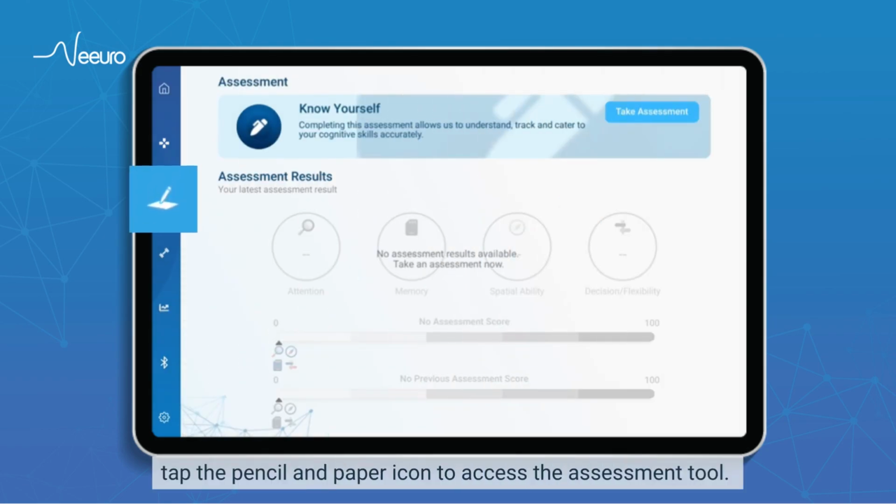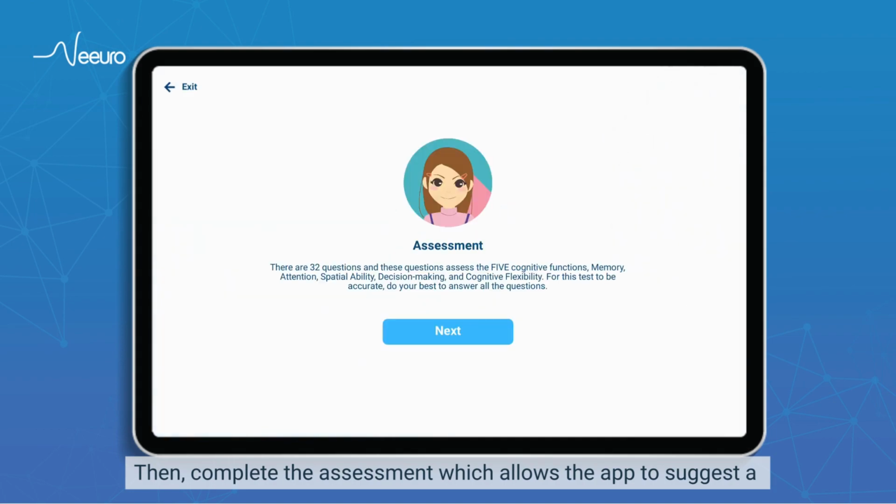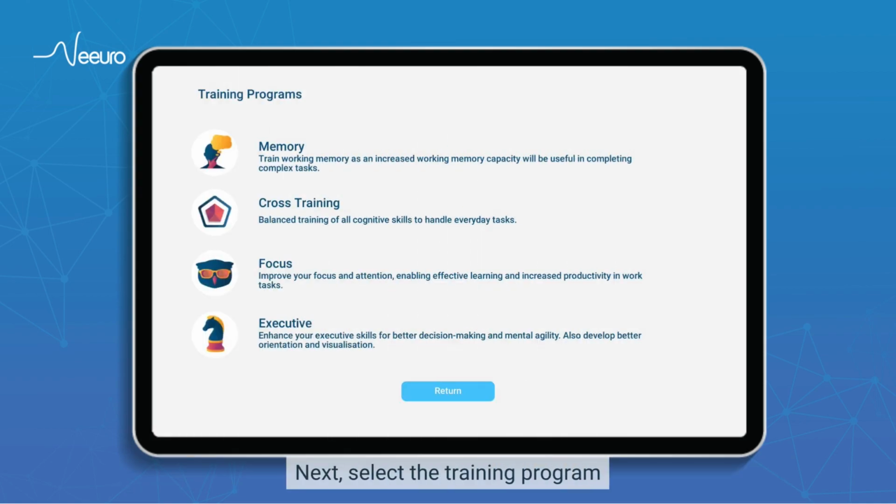After successful connection, tap the pencil and paper icon to access the assessment tool. Then, complete the assessment, which allows the app to suggest a cognitive training program that is suited to your current cognitive skills. Next, select the training program